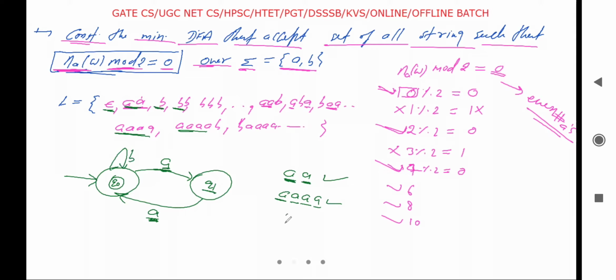Single b means I start from q naught, read b, and we are on q naught, which is the final state. It means it will accept b, so it is valid. What about 2 times b? We start from the initial state, read b, and one more time read b, and now we are on q naught, which is the final state. Again it is accepting.